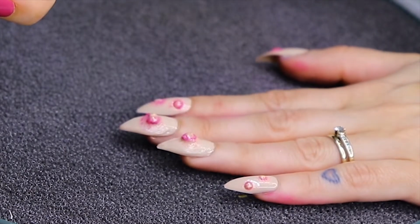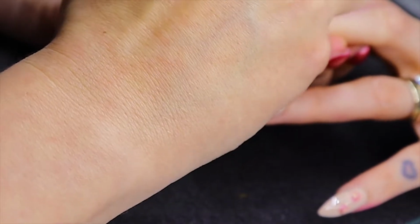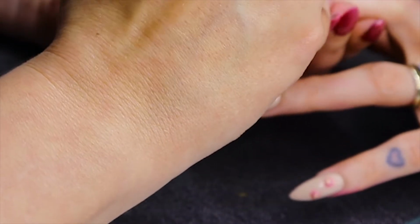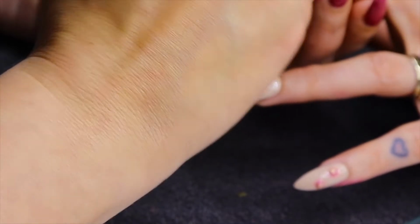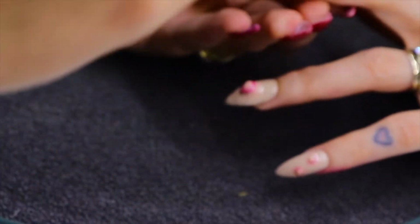Yes. And then we probably should top coat them again, eh? I feel like this was a great idea. I think so. How good would it be to do this on actual nails or actual acrylic nails? Walking into a random salon with a hidden camera and saying, yes, I've come in for a refill, sitting down and then just filming her reaction going...